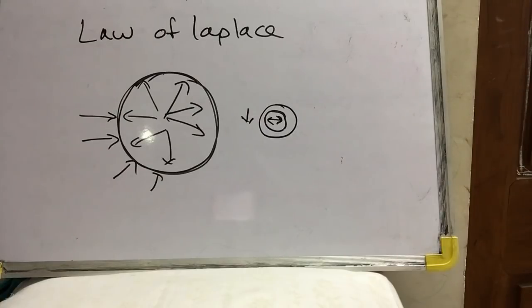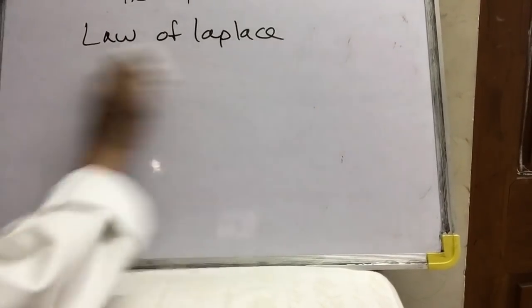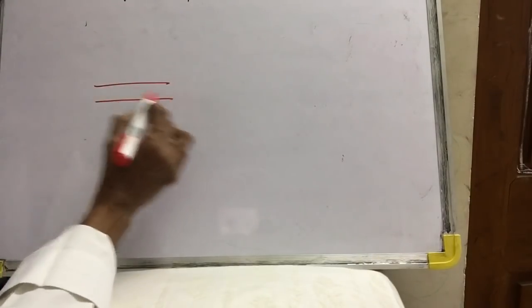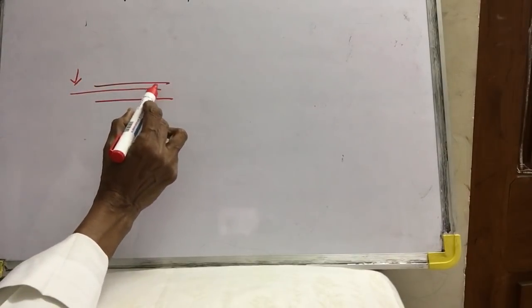If the radius of the vessel wall is increased, then the resistance will decrease and there will be more amount of blood flow. And the flow should always be optimal. It should not be more or it should not be less. Both are dangerous. See, because if the radius of the vessel is reduced to half, then the resistance will increase.